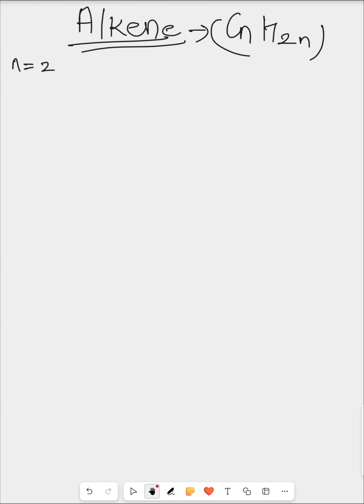The topic is alkene. Alkene has the general formula CnH2n. This is the general formula. Let's start putting values of n. If n is equal to 2,